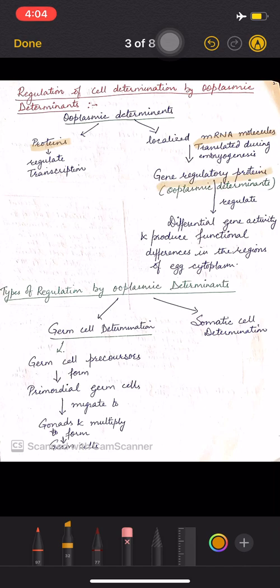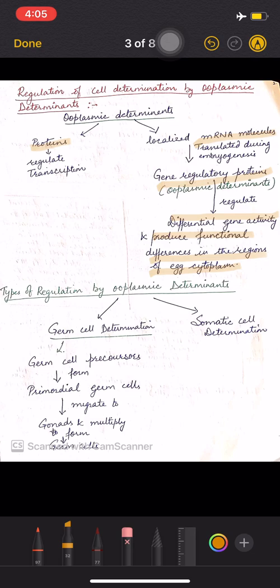तो ये जो gene regulatory proteins हैं, these are called ooplasmic determinants, और इनका function क्या है? They regulate the differential gene activity. Differential gene activity means some genes are turned on and some genes are turned off. So due to differential gene activity, they produce functional differences in the regions of the egg cytoplasm. तो egg cytoplasm के जो different regions हैं, उनमें different proteins distributed होते हैं, so they behave differently,